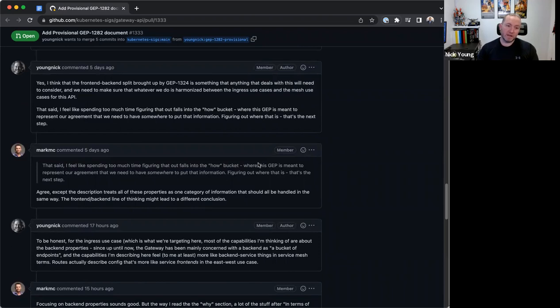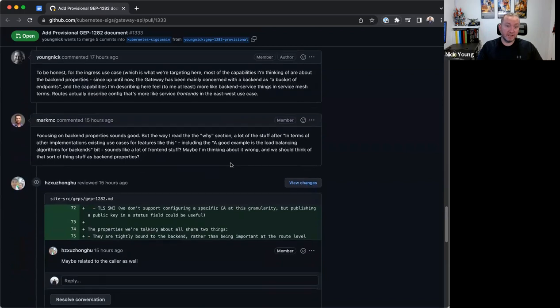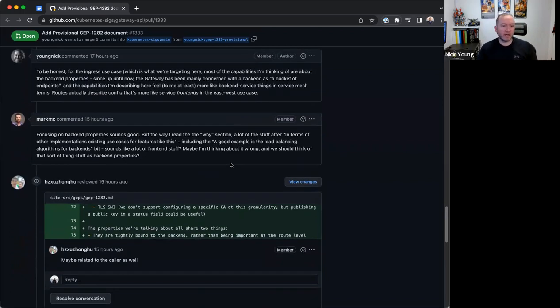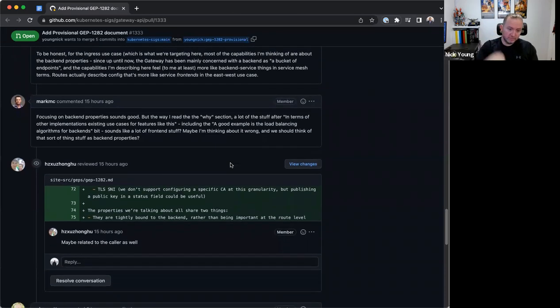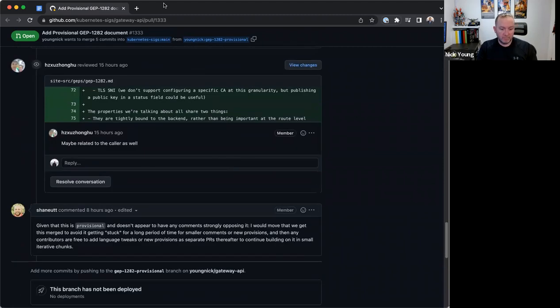I think maybe I just need to rewrite the why section to make it clear that this is all about the stuff that the ingress needs, and the stuff that's tightly bound to the back end, the bucket of endpoints, that sort of thing, not to the front end, which privately I am kind of thinking of as the service identity. Like that's the way that you talk about a name and the identity that the service has. Yeah, so Shane mentioned that he would prefer to merge this one as provisional and then come back and change it later. That's kind of where I am too, but I will do a quick pass over the why section,